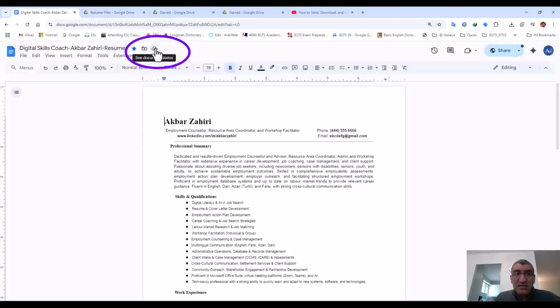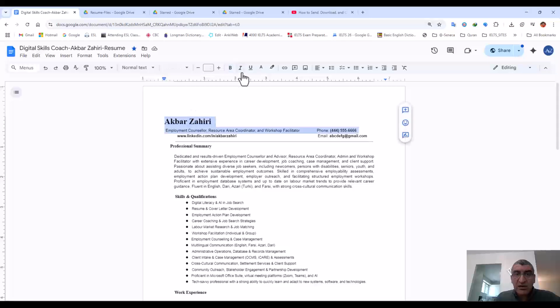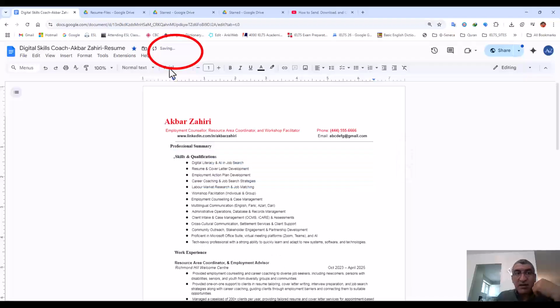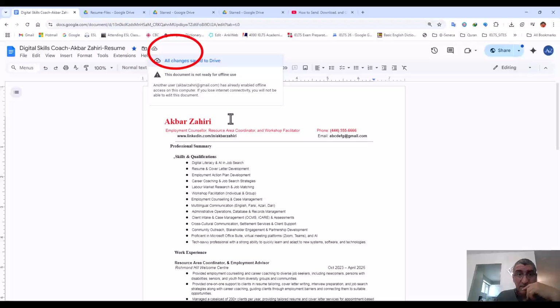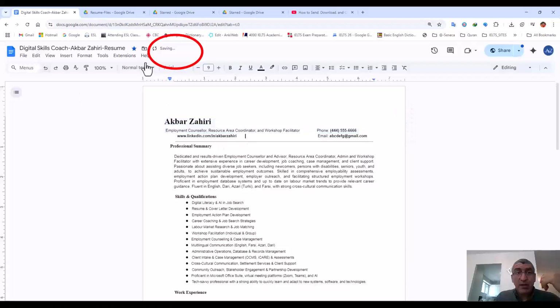And the last one is see the document status. It is like the version that you have, I taught you here. When I click on this, it says that all changes saved to drive step by step. For example, if I click on this and make it, for example, red, again, you see here, saving and saved. For example, if I click on this and delete it, okay, you see, it says that step by step, it is saving the files. But I don't want to do these changes, I undo them. So this is the icons that we saw here.